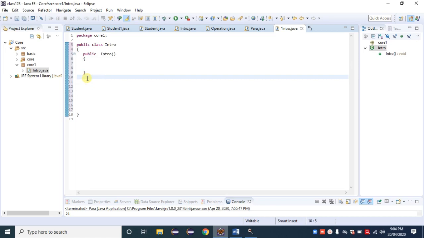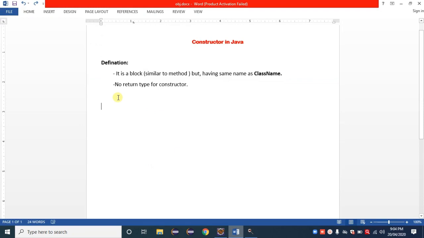So what is the difference between a method and a constructor? A method has a return type and a constructor has no return type. Keep in mind, we just removed the return type from the method. Second point: in the case of a method, we can give any name, but for a constructor, the class name is always used. The constructor name is the class name. These two points are essential for identifying or creating a constructor: the same name as the class name and no return type.